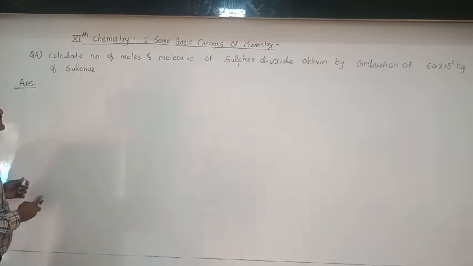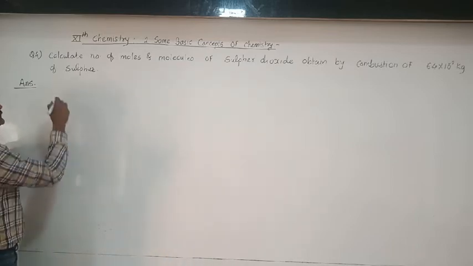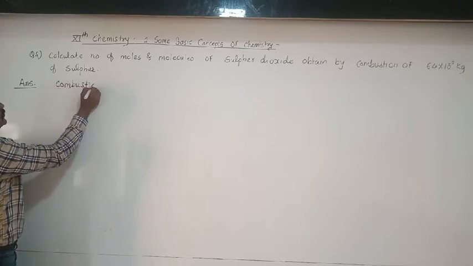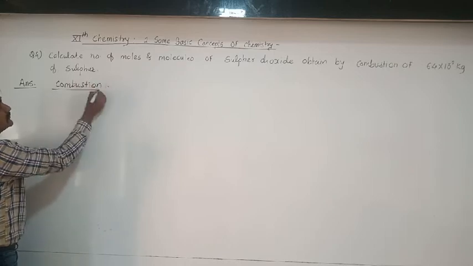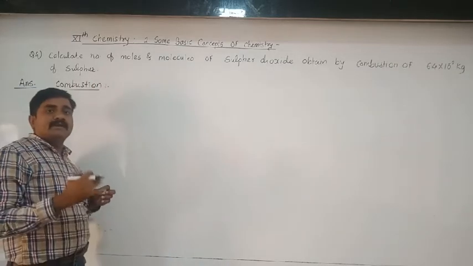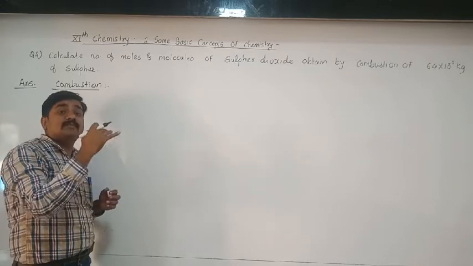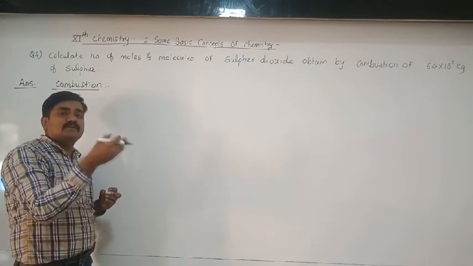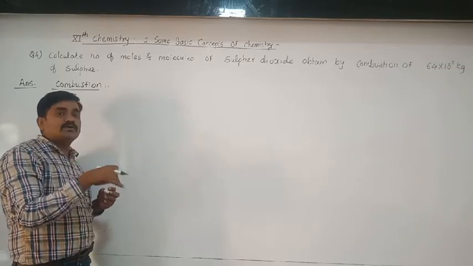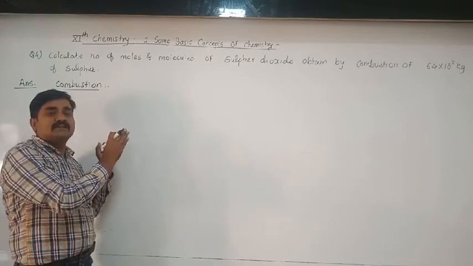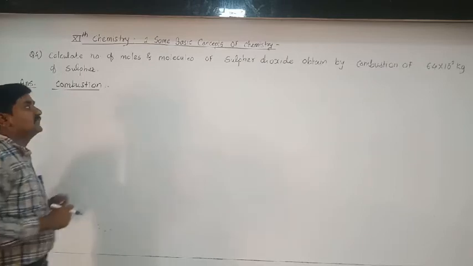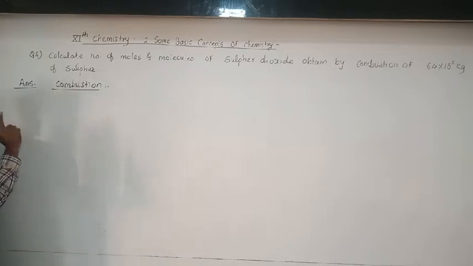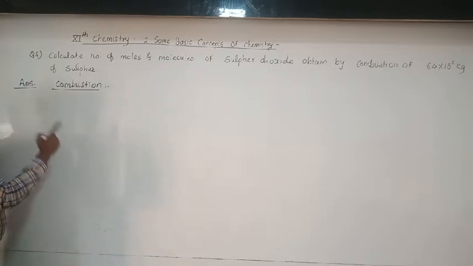Now in this given numerical, the first word is combustion. What is the meaning of combustion? Combustion means burning of a substance in the presence of air. That is called combustion. Burning of a substance in the presence of air means that oxygen from the air is combined with that particular element or atoms. Fine? Okay. Then if you want to solve this type of numerical, first write the balanced chemical equation for combustion